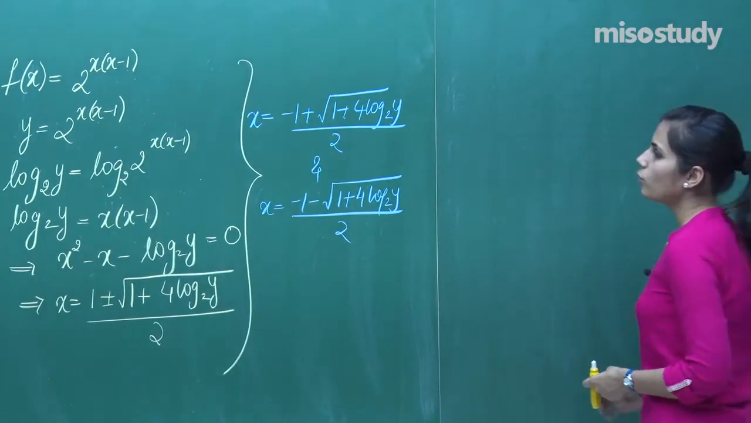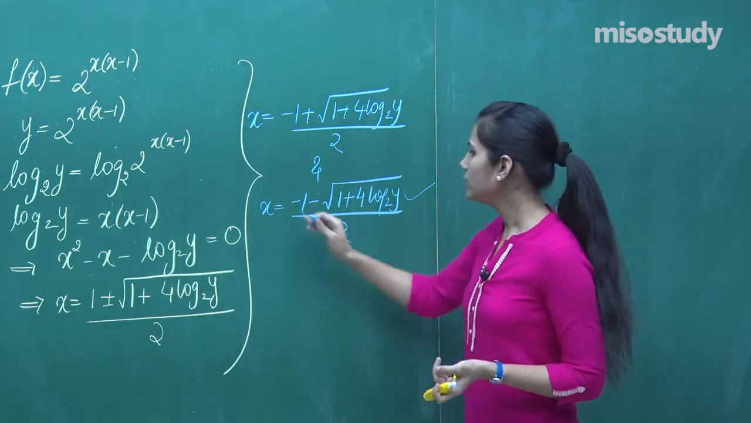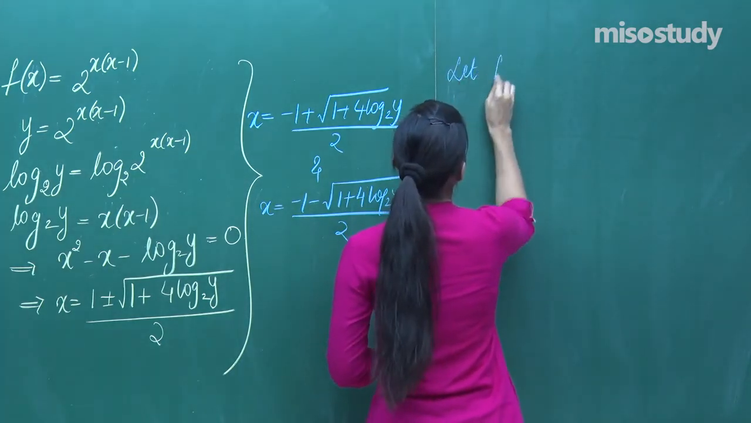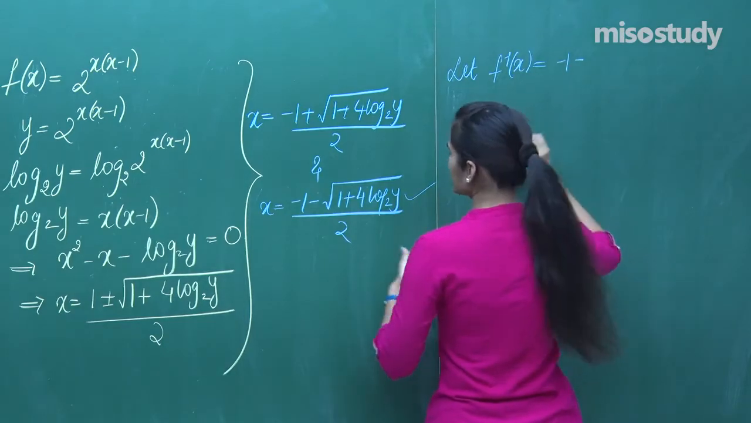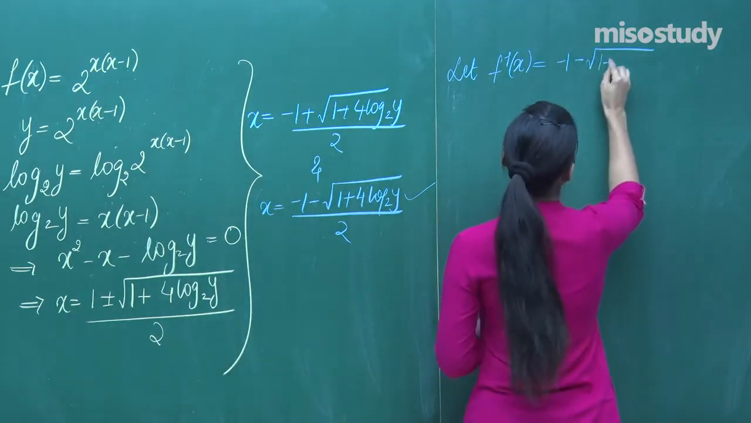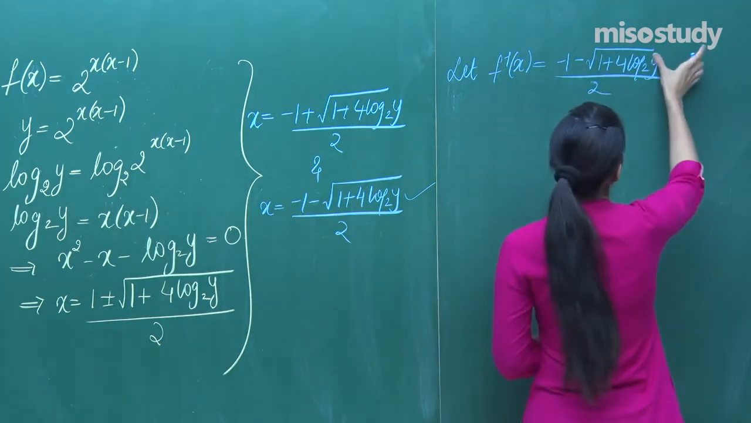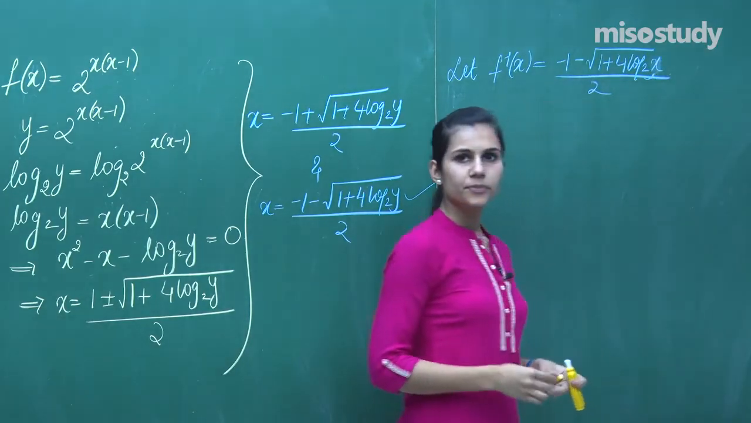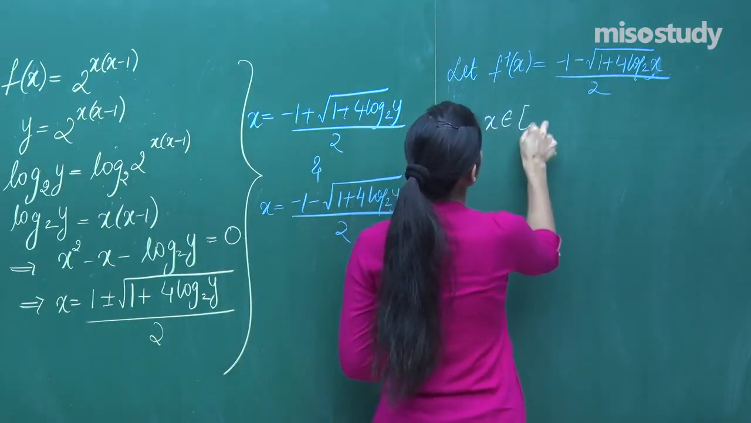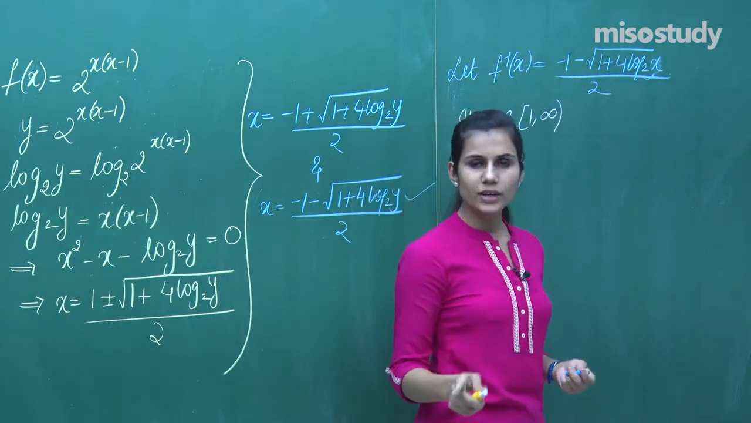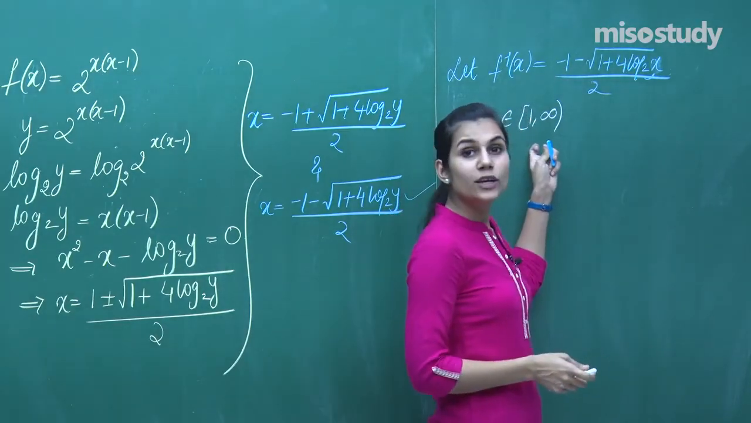We need to start with any one of them and see if there is a problem. So if I start with this, let f inverse x be equal to (-1 - √(1 + 4 log y to the base 2))/2. Here I will just replace y by x. Okay, so let's begin. If x belongs to [1, infinity), because f is from [1, infinity) to [1, infinity), f inverse is also from [1, infinity) to [1, infinity). So if x is greater than or equal to 1,